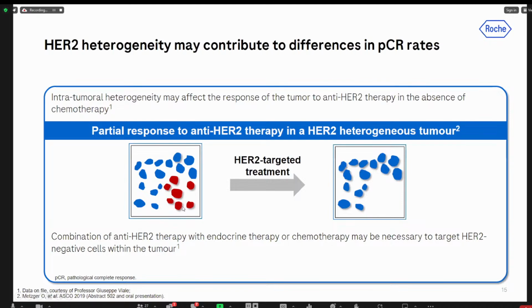It's very important to report if you have a heterogeneous case that it is heterogeneous, because if you apply an anti-HER2 therapy in these cases, you might eradicate just that population that is HER2 amplified, and leave the patient with those that are not HER2 amplified. So the oncologist might benefit from having this information, so that they can add more therapies, combinations of therapies, depending on if this is also endocrine positive, like it looks